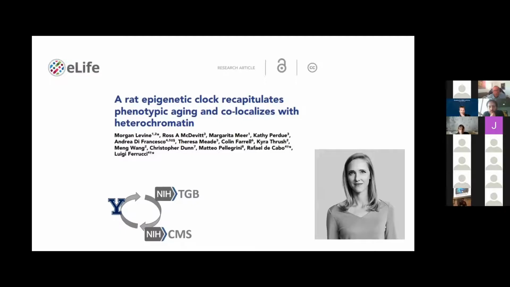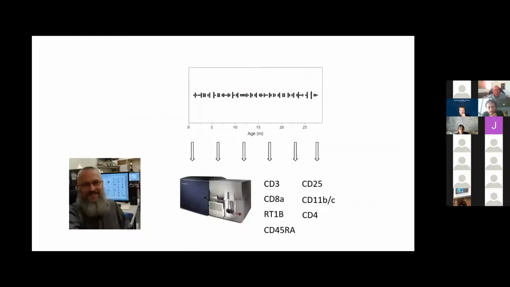Now, a few months ago, my lab, in collaboration with Morgan Levine from Yale, who used to work with Horvath, she was his student, they generated a rat aging methylation clock. And we jumped on that data because of what they did,